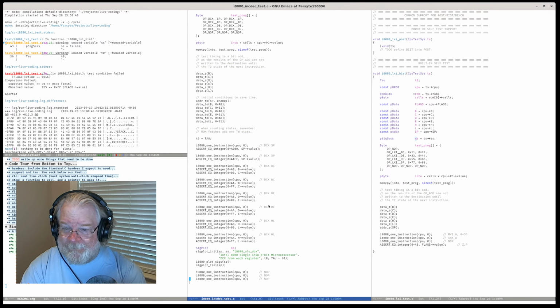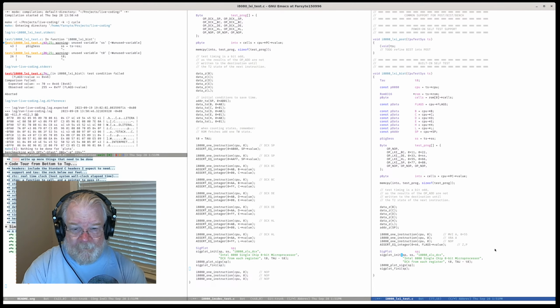Let's go grab a sig plot real quick. And this is ALU LXI. Actually, this is just LXI.